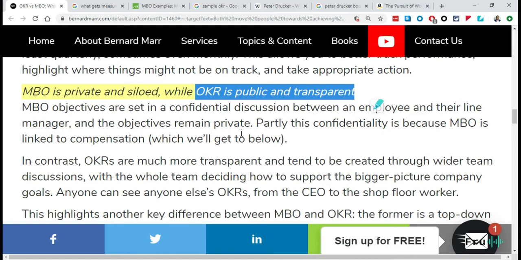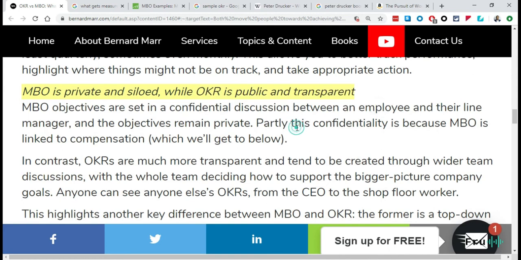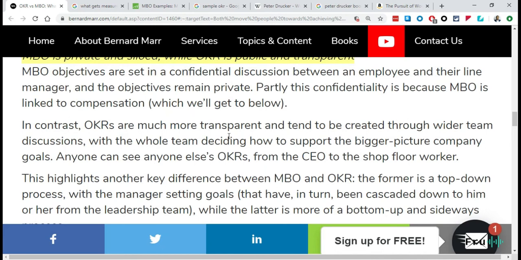Maybe teams have objectives and key results. If there are synergies, because everything is public and transparent, teams can then tap in on those synergies, work together towards a common effort. You can't really work together towards a common goal if you have no idea what those goals are, because it's all private and siloed. So that's where OKR really differentiates itself, by making things a little bit more public and shared across teams.